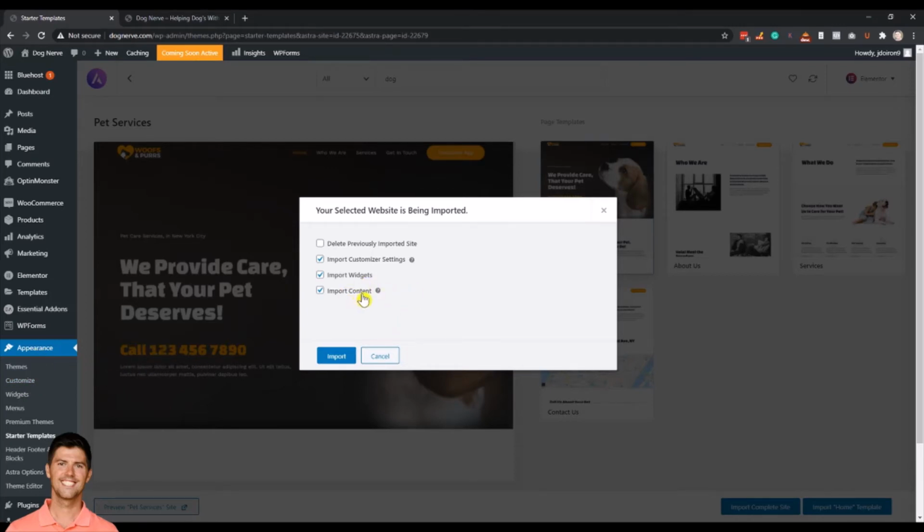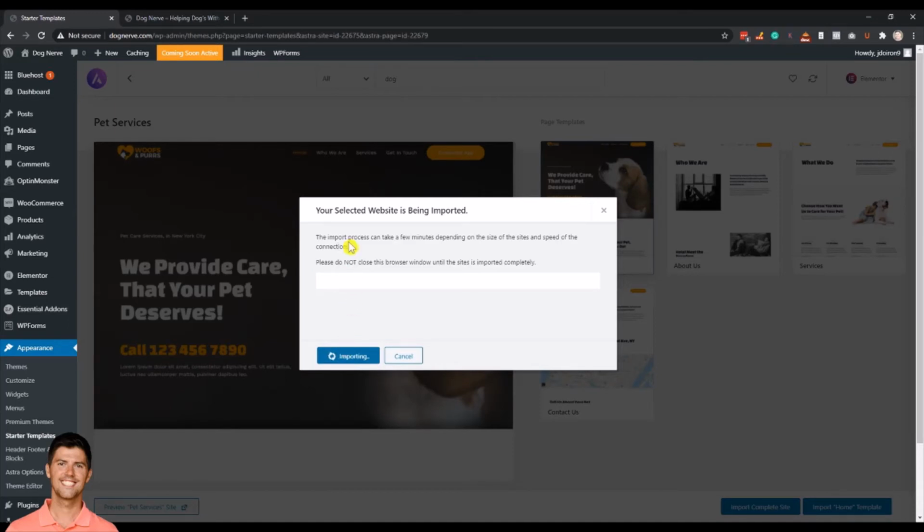Import content, I'm going to keep that, just so I can see the content that's in there, and I can update it with what I want for my own content. It'll give me a little placeholder and idea of how they designed this site with the content that they created, and it'll just make it easier from a look and feel perspective on updating that with my own content. So I'm going to go ahead and click import,